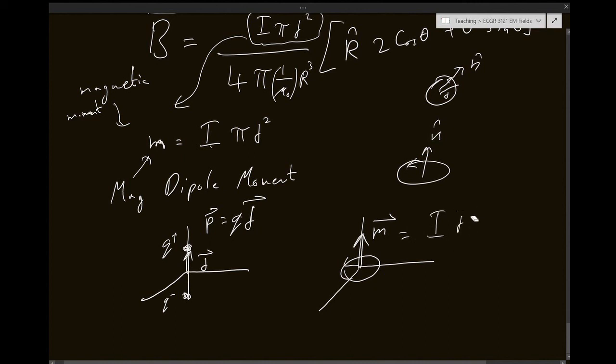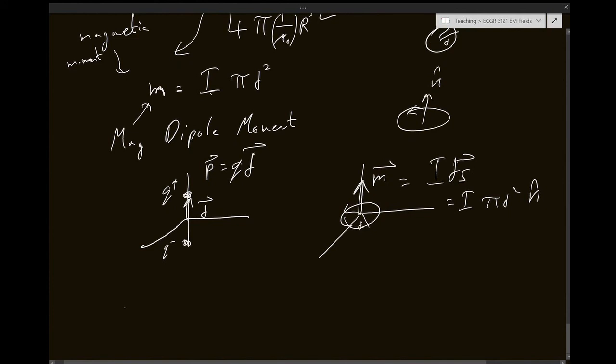Or we can write it as I times the surface area enclosed within the loop, which is pi d squared, and then n hat. So it is a vector. The magnetic dipole moment is a vector,